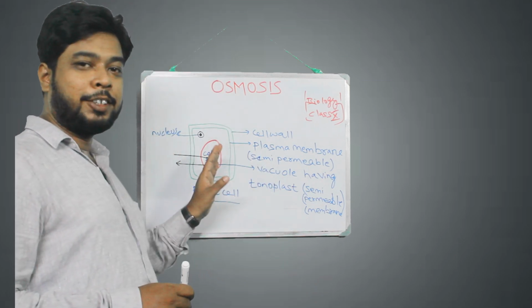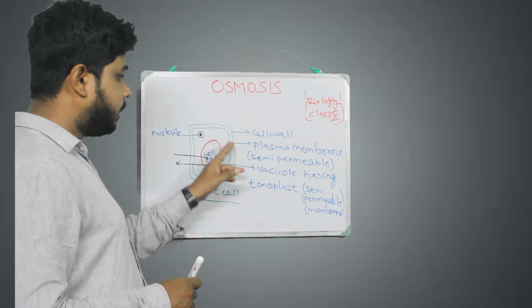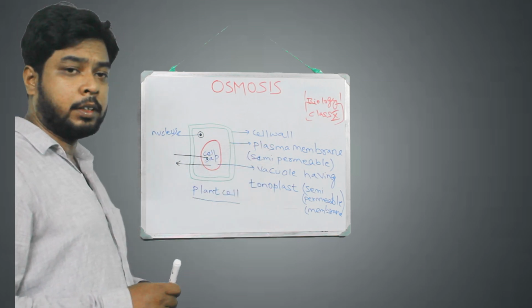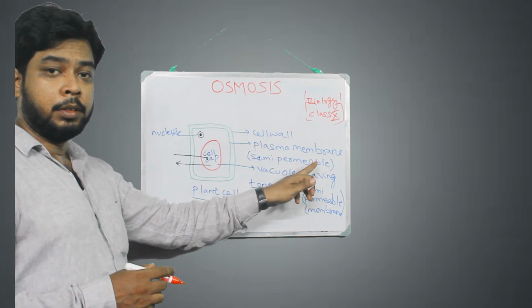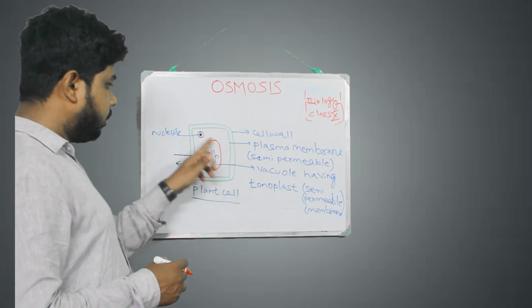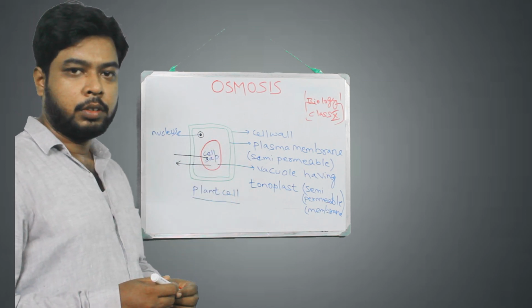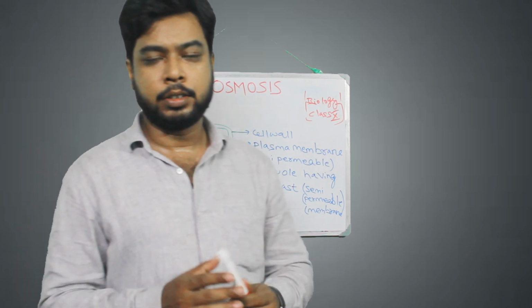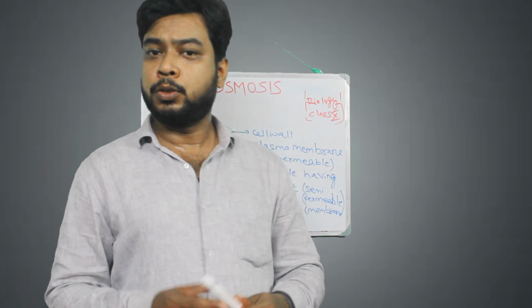As you can see, this is a plant cell, the outer layer is the cell wall. The second green layer is the plasma membrane, which is semi-permeable. This red one is the vacuole. Vacuole has a membrane known as tonoplast. Tonoplast actually is also a semi-permeable membrane